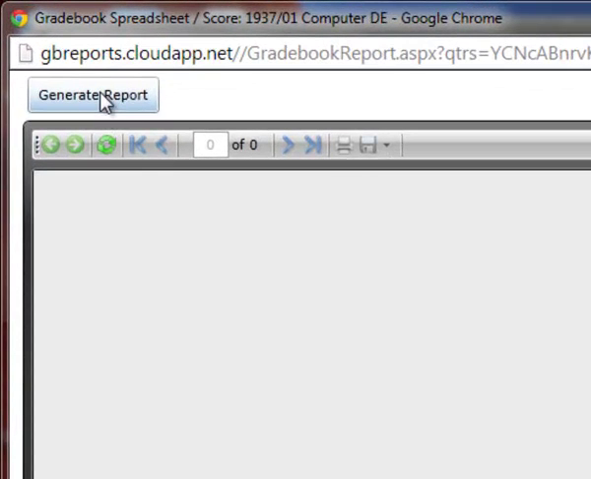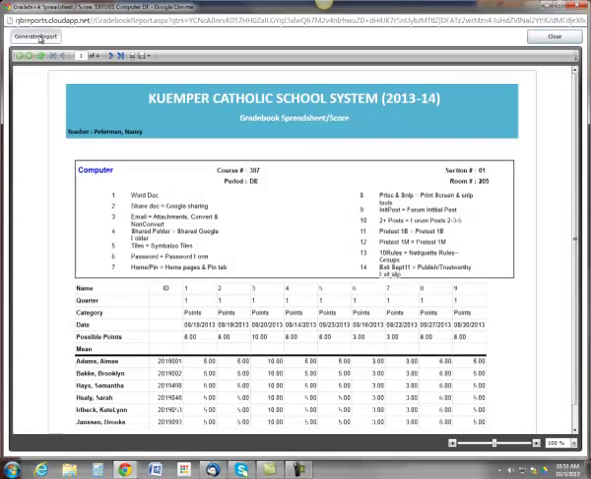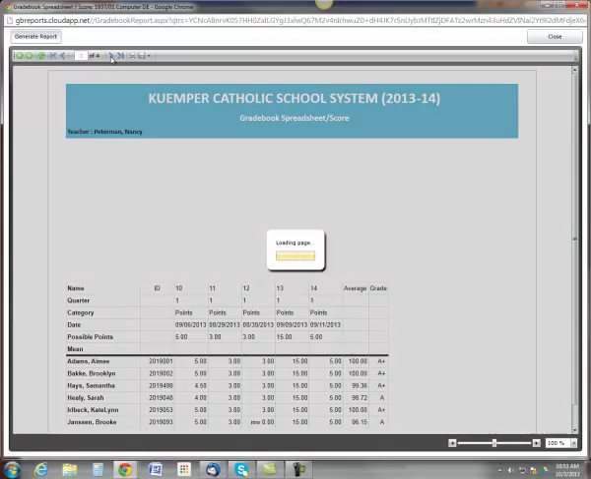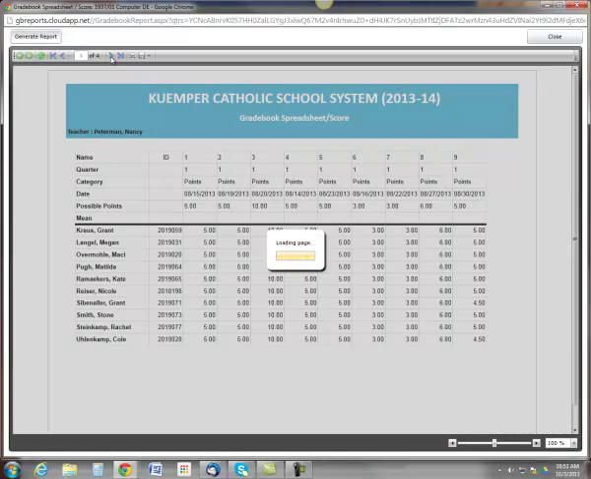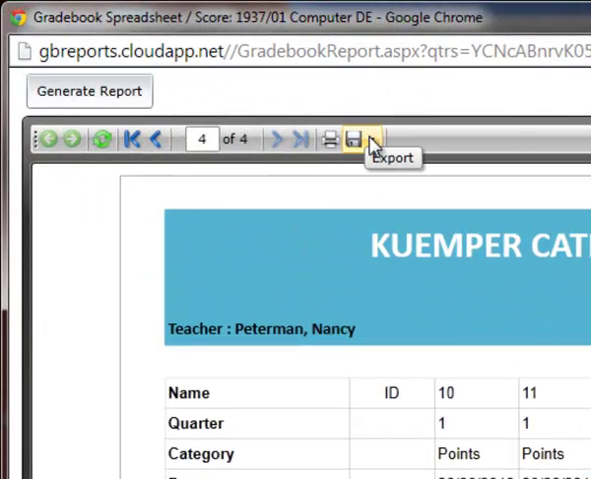I'm going to click Generate Report right here in the top left. Okay, and you can see that it's generated a report. It doesn't look so great here because I go to the next page and more of it's there. If I go to page 3 and page 4. So on the screen it's not so great, but if I go right here to the save